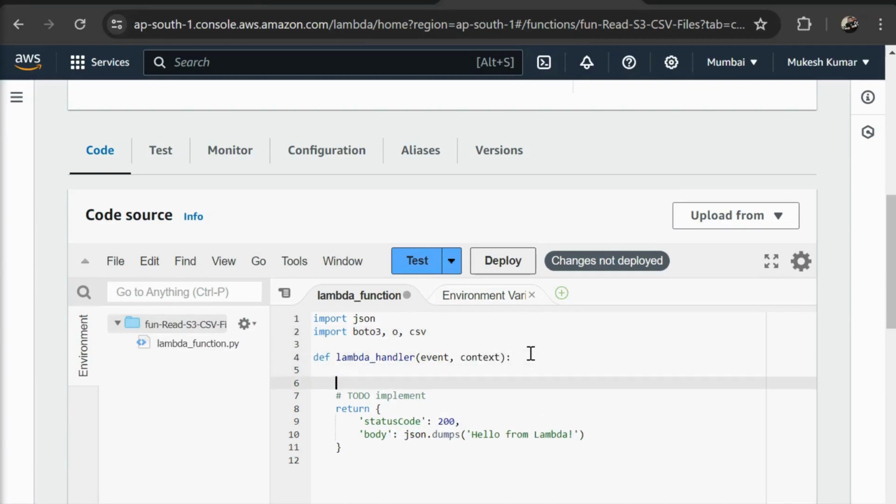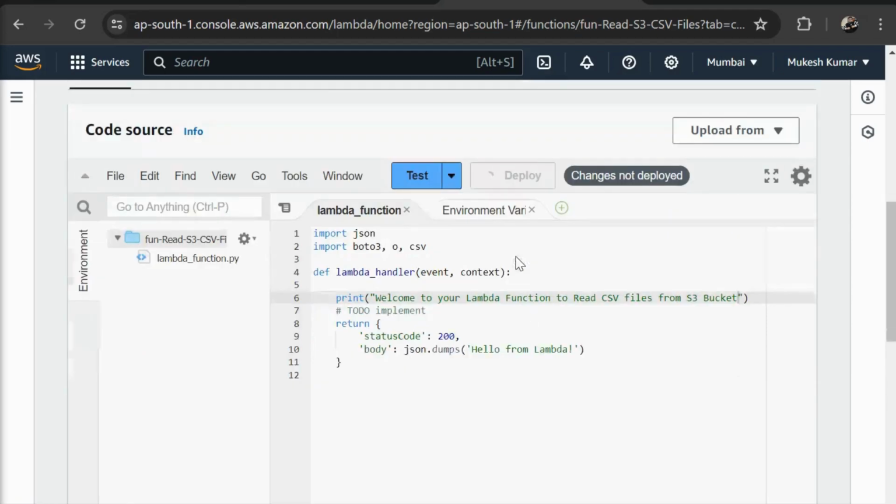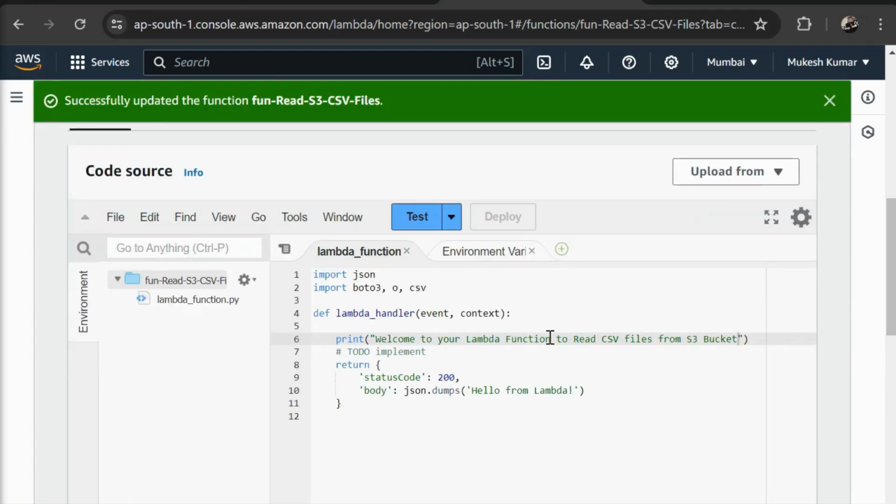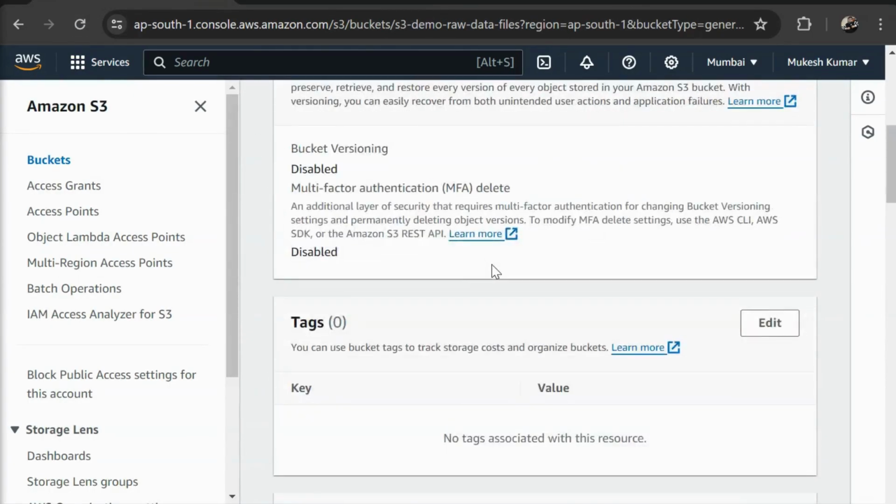First of all we are going to print some message, like print welcome to your Lambda function to read CSV files from S3 bucket. Then we are going to deploy this. Okay, now in the demo section, here